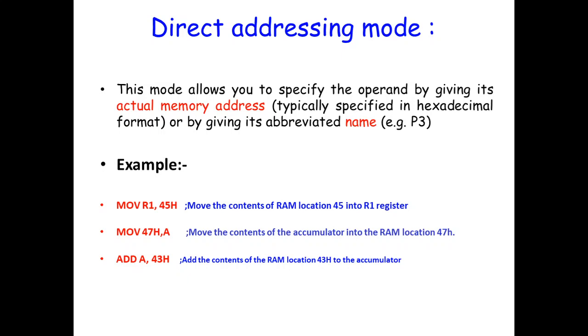All of you agree with this? Okay, one by one we will see the example. Now the first problem statement is I want to move the content from memory location 47. That data I want to pass into the R1 register. Means the data is already in the memory whose address is 45. Take the data from 45 and pass it to R1. That is my problem statement.